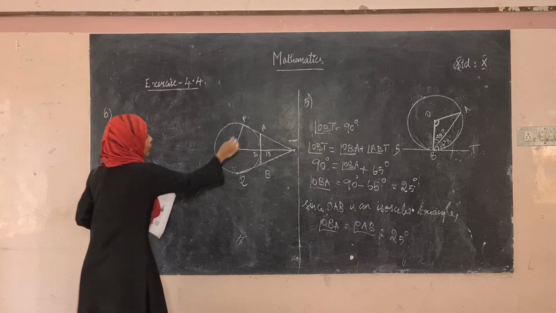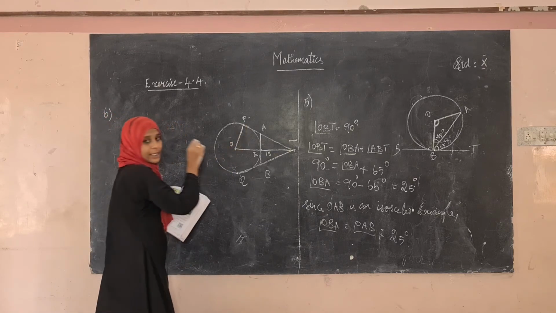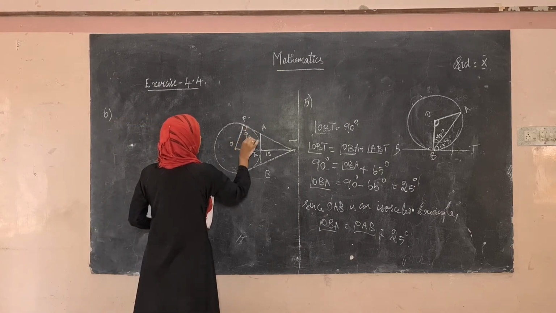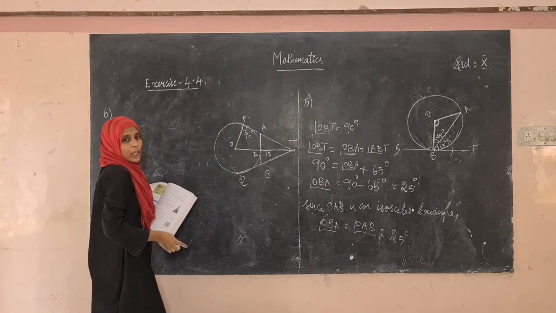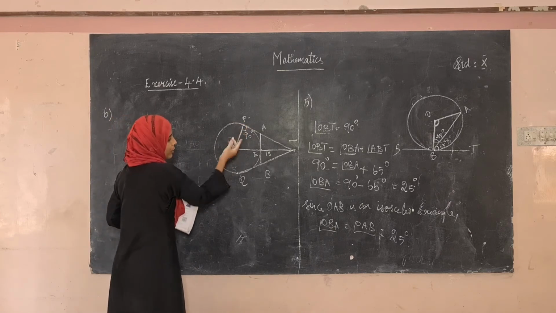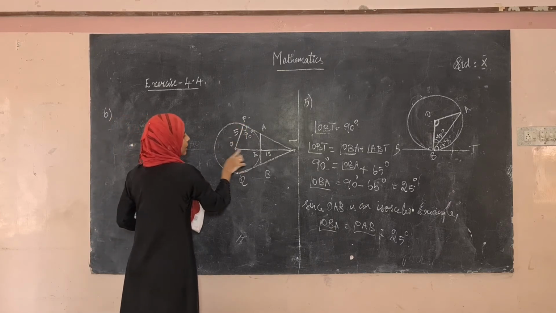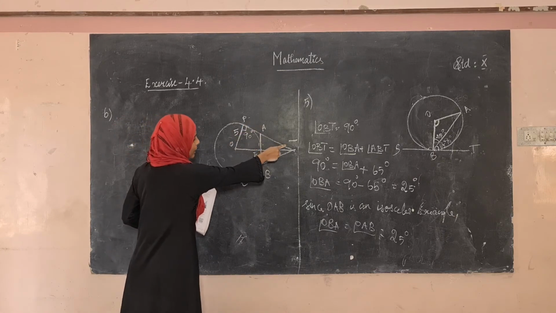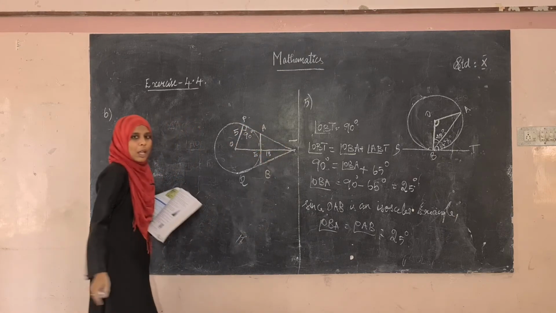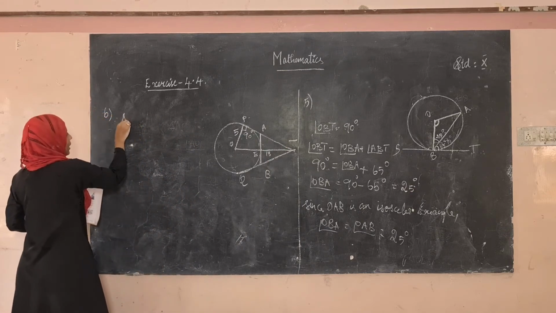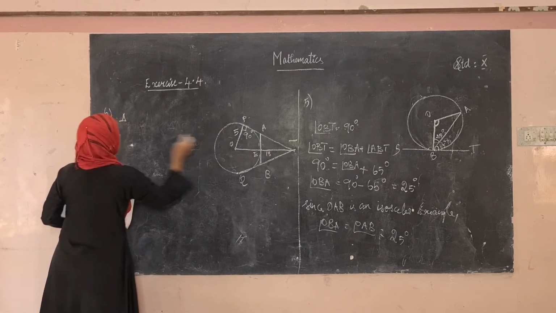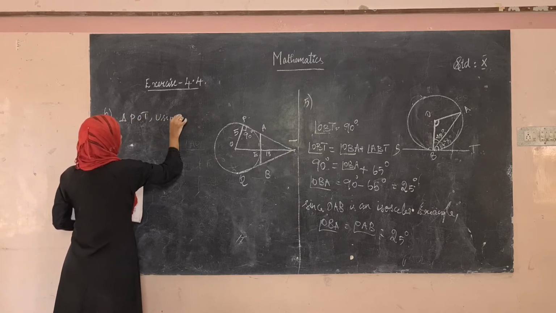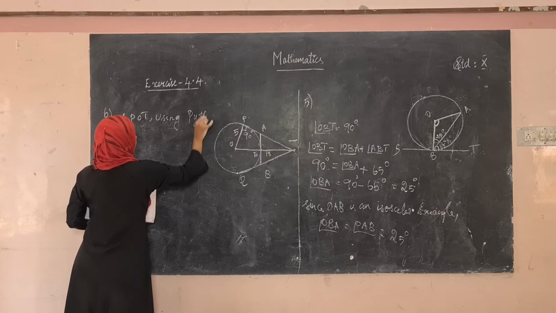Okay, so we know that the radius and the tangent make the angle 90 degree. So it is 90 degree here, right? We know that the radius of the circle is 5 centimeter. So it is 5 and this whole length is 13. So since this is 90 degree, we can use the Pythagoras theorem to find the value of PT. So in triangle, you have to take the triangle POT. Using what theorem? Using Pythagoras theorem.